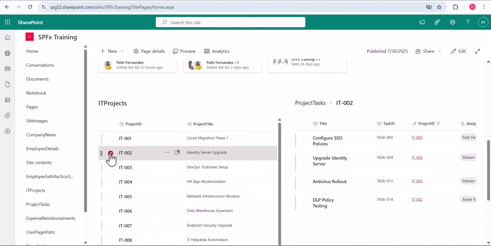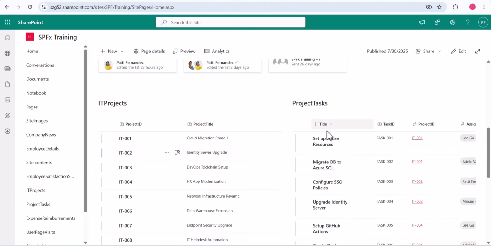It is not limited to one or two web parts. We can also connect multiple web parts if we have a common column. In both these SharePoint lists, the common column is the project ID. Like this, if we have multiple SharePoint lists and document libraries, with the same column we can connect them, and in the SharePoint page with these connected web parts and dynamic filtering you can easily apply. On the page itself, with one click you can see the related data of that particular project or